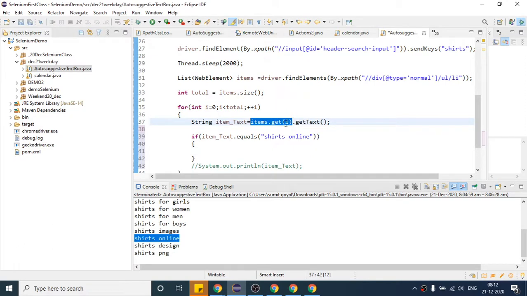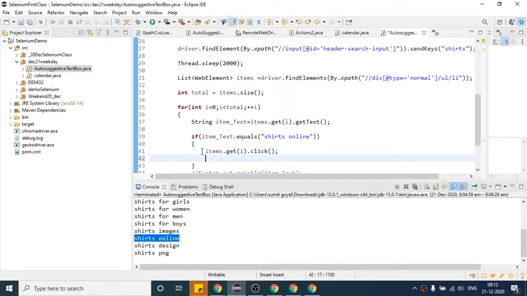I hope you remember. This time I will use the dot click method, so it will click. After that I will write a break statement so that our for loop will also terminate immediately once I click. So this time this should click, right?